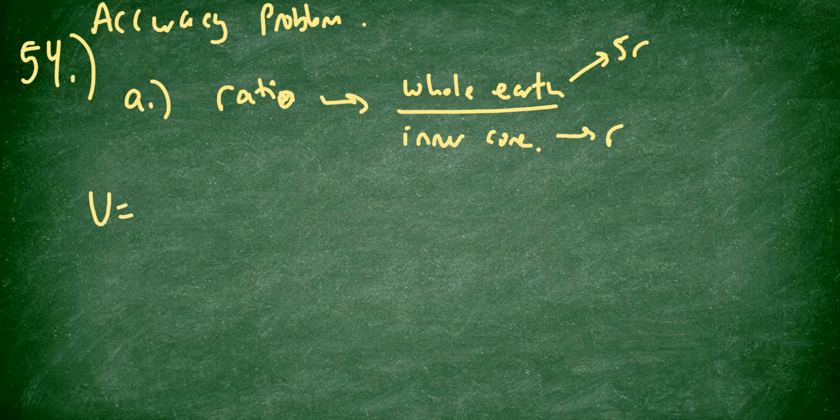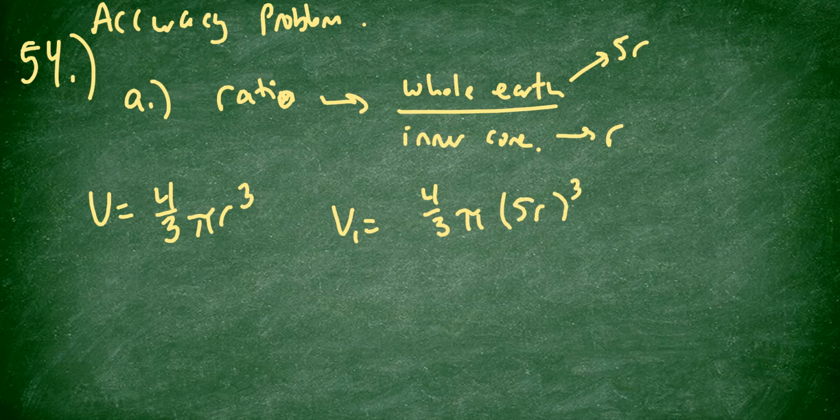So the volume for the sphere is 4/3 pi r cubed, so you're going to plug in 5r for r. So your volume for A is going to be 4/3 pi, but instead of r, since it's 5 times bigger, you have 5r cubed